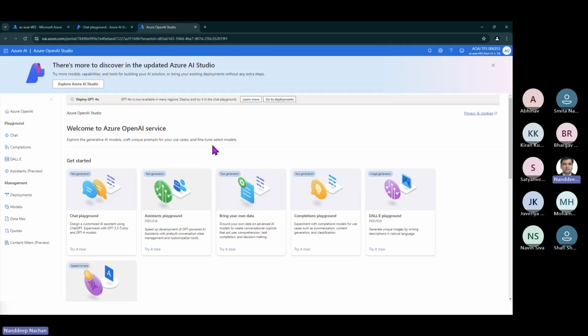Okay, so this is one thing that we need to keep in mind, that not all the models are available in all of the regions. There are only specific models as well as their capabilities which are available in each of the regions. So it is something to think about when we go ahead and create those Azure OpenAI resources,